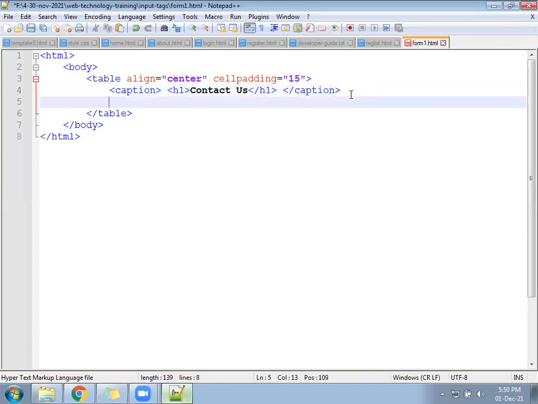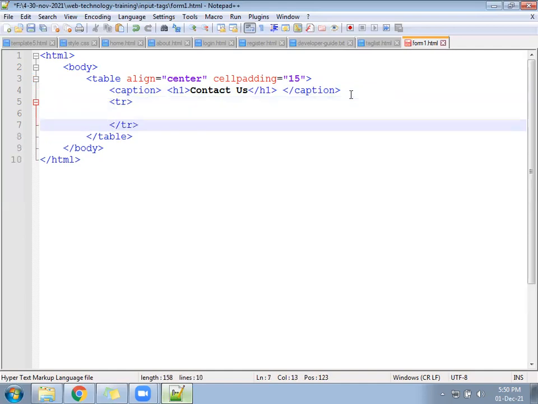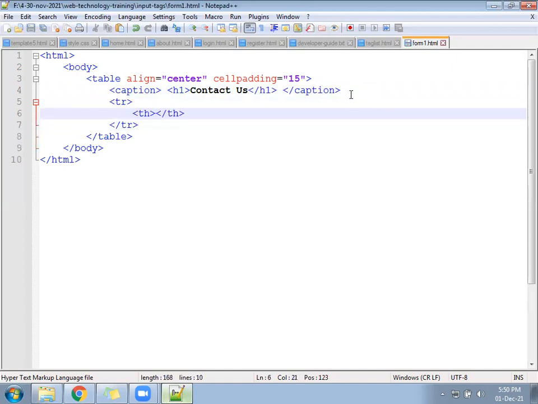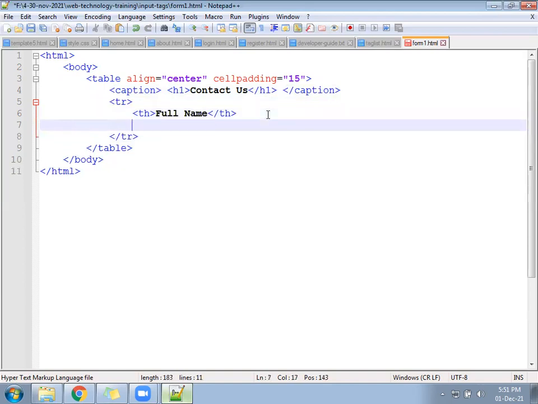After that, come down below. Write inside a tr, a th, for the heading purpose, as Full Name. Then td.